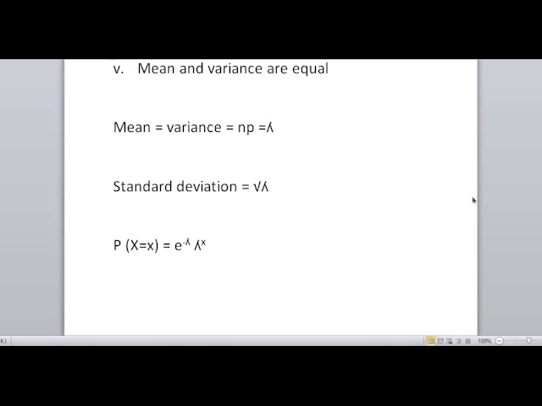Okay, x is a random variable. So now all these you have written here must be divided by x factorial. X factorial. On your calculator,